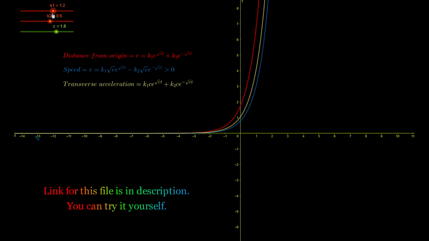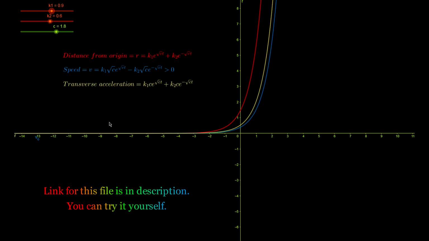The answer to both the questions becomes apparent right when you realize that the solution of the differential equation is an exponential function. Just by that, you could answer that the distance from origin and velocity of the particle and also the transverse acceleration will keep increasing, and now you know not just if but also how it will continue to increase.